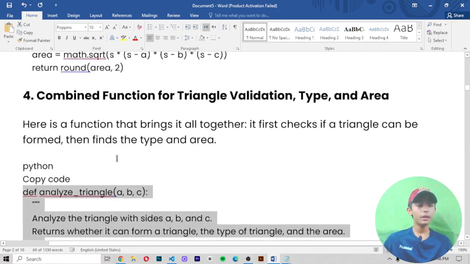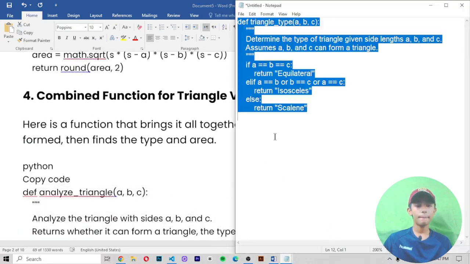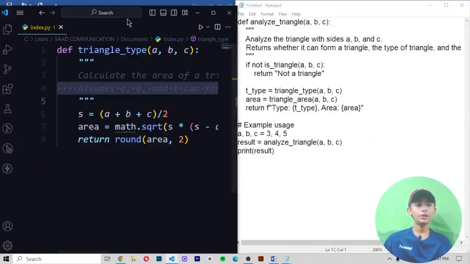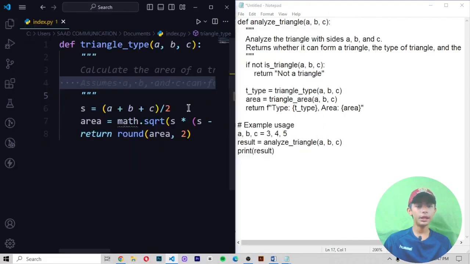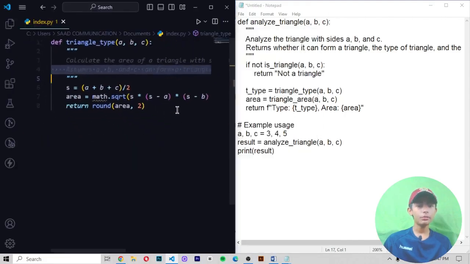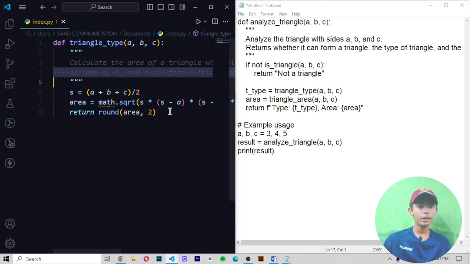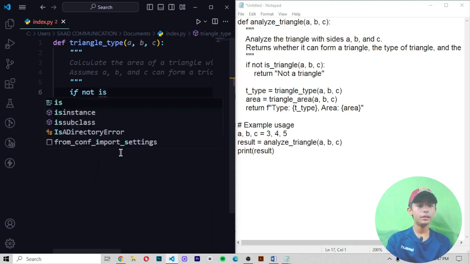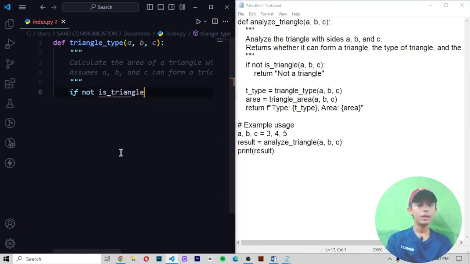Let me copy it and then paste it, and then open your Visual Studio Code. And then in your Visual Studio Code, let me tell you what you can do. First of all, slide by slide. And when you do it, first of all, I am not writing any comment. I am only writing here: if not is triangle, then A, B, C, then return, in double quotes, not a triangle,